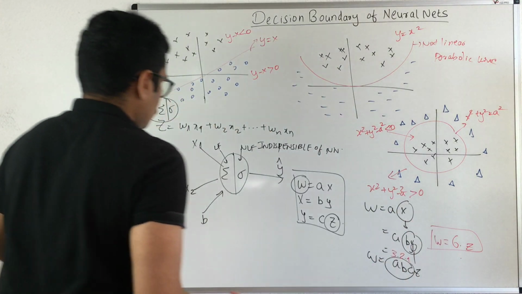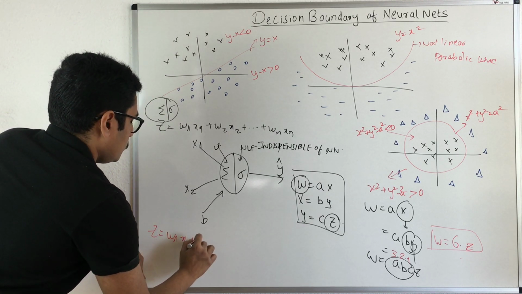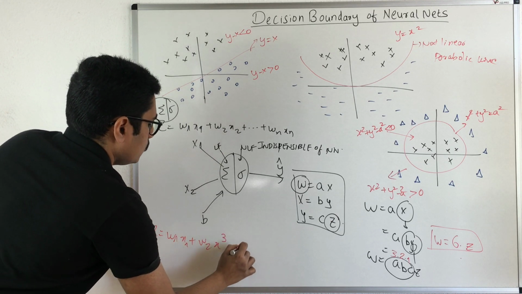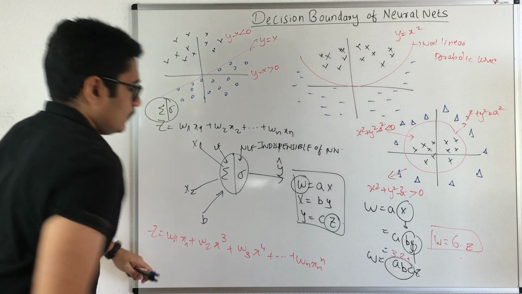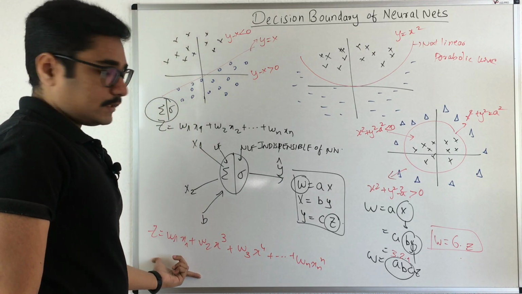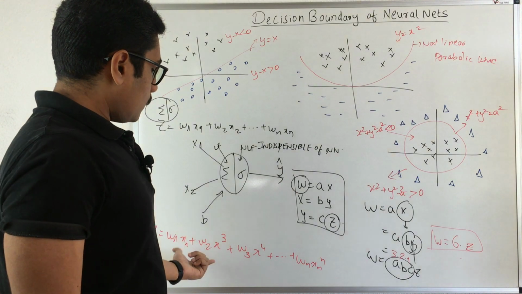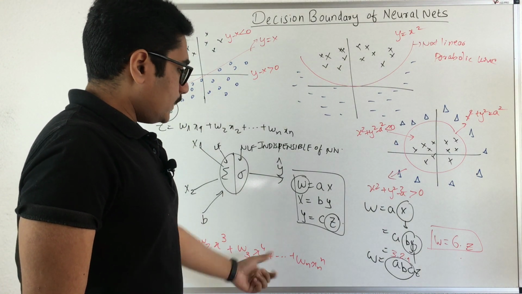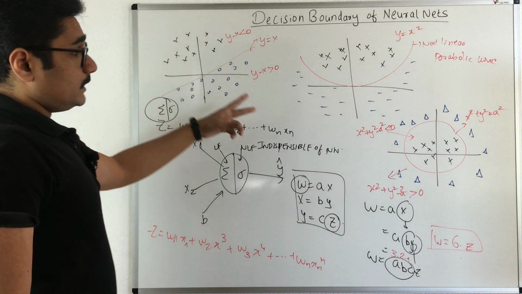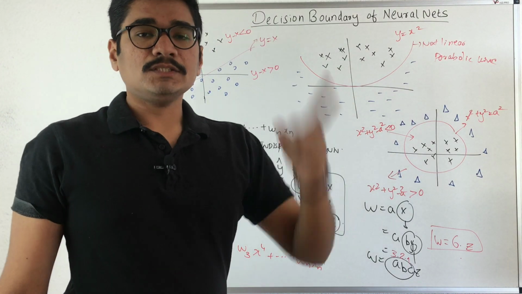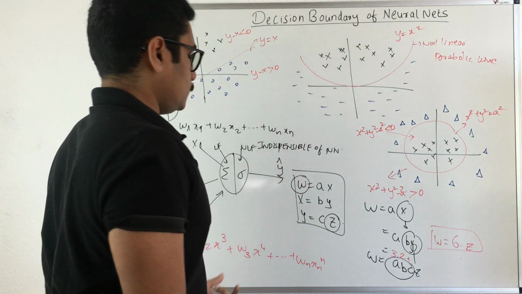Now in the real world, say our equation is of the form z equals w1 x1 plus w2 x2 cubed plus w3 x4, and so on, up to wn xn. If you have these kinds of representations, this is not a monomial, but a polynomial. If your neural network is not able to learn these things, then it becomes difficult for you to transform or train your neural network in each and every scenario. Then you need to change the architecture which we have seen, which essentially affects the generalization of a neural network. So learning these kinds of functions becomes essential.